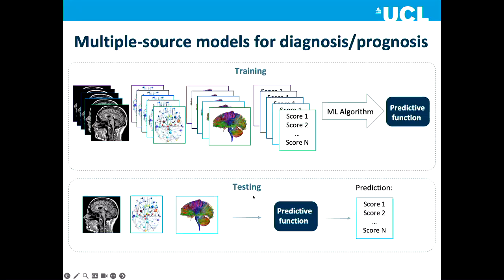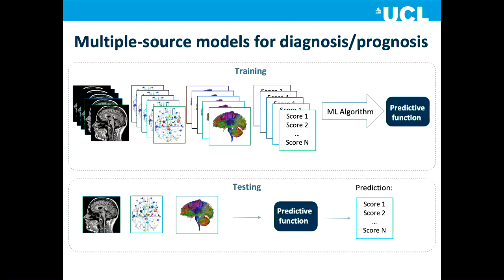And we can extend this framework to predict multiple scores at the same time, using what in machine learning is called multi-output prediction. The motivation is that there is evidence that predicting multiple correlated scores at the same time is more advantageous than predicting them independently. And this is a supervised framework because we have the labels, the scores, and it's a powerful framework because we can learn the contribution of different types of data or image modalities for the prediction. So it can help us to identify biomarkers. And there are many different machine learning algorithms that can do that, from linear ones to non-linear ones.